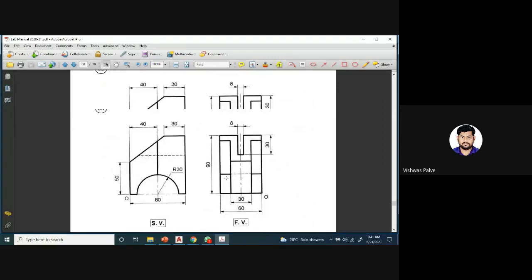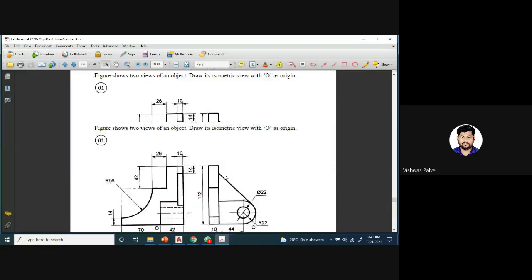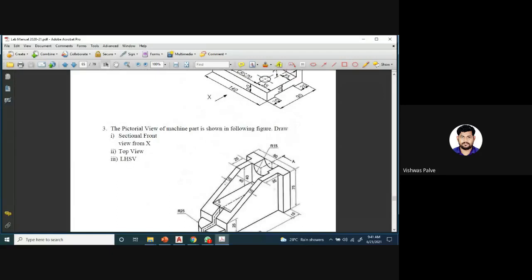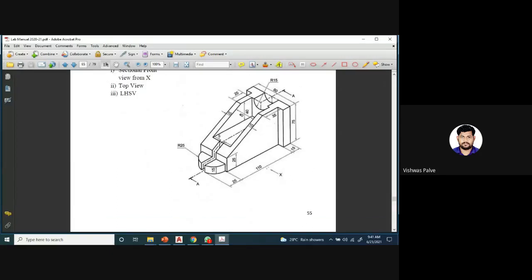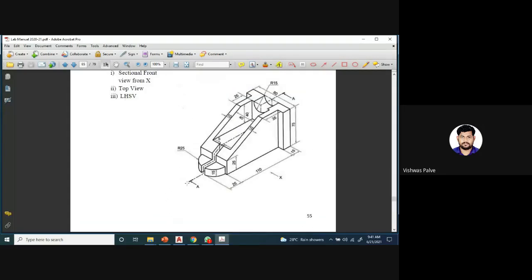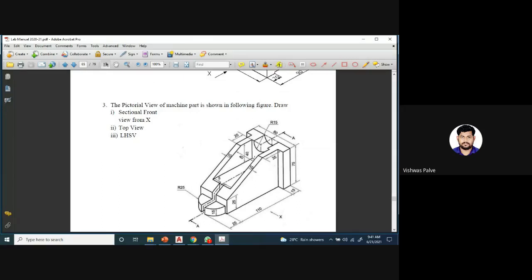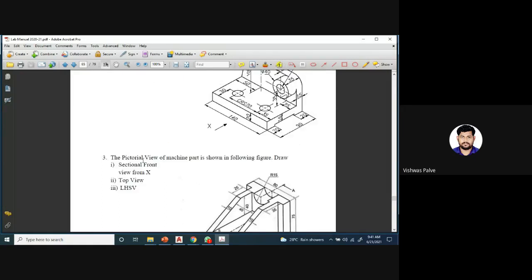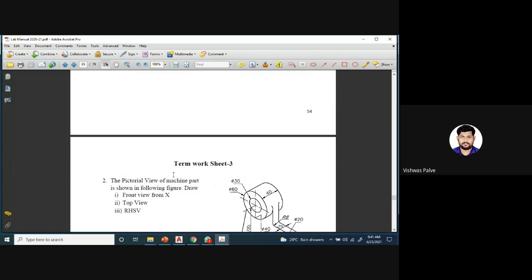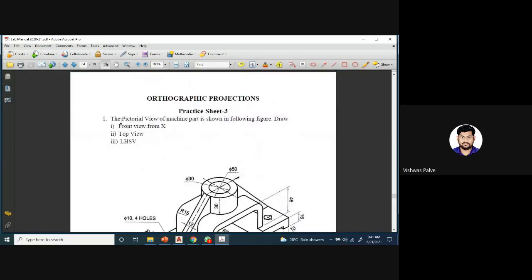Then next here also you have to draw, this is the direction of X, this will be my left hand side view which we have to draw, sectional front view, top view, right? The question will be like this: draw the front view, top view, side view. A pictorial view of a machine part is shown in the figure.